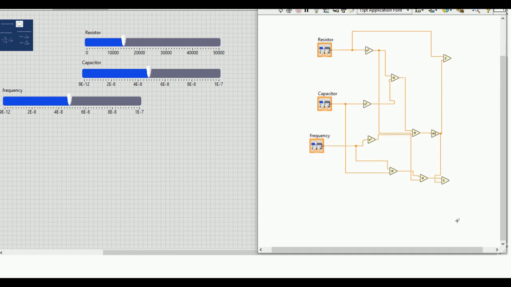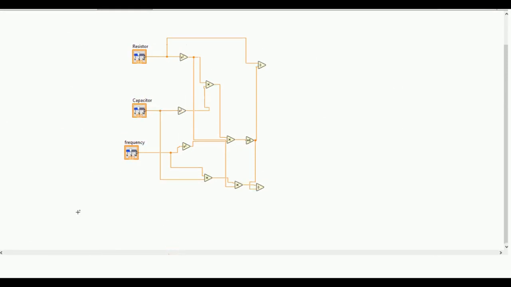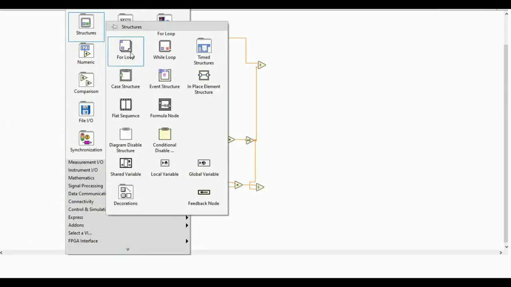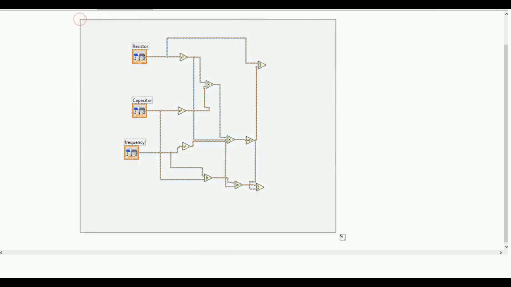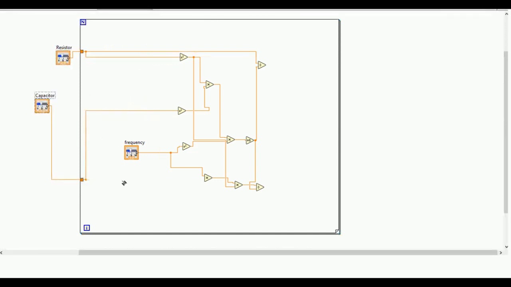So now one more thing, you need more data points, so you have to put in a loop. So I am creating one loop, so this is for loop you can take, so you can put it outside, no problem.